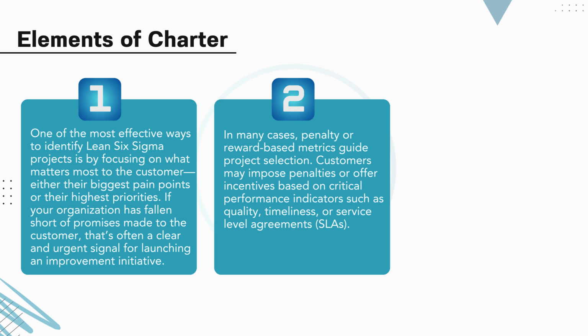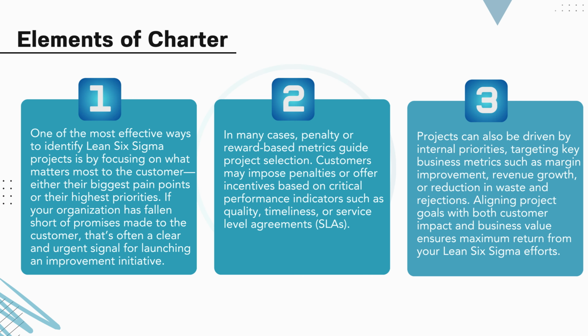These metrics help prioritize projects that directly affect customer satisfaction and compliance. Internal business drivers. Lastly, projects may come from internal strategic goals. These could include improving profit margins, increasing revenue, or reducing waste and defects. By aligning these projects with both customer needs and business outcomes, we ensure a maximum return on our Lean Six Sigma efforts. In summary, a strong project charter begins with clear justification, whether it's customer-driven, performance-based, or tied to internal